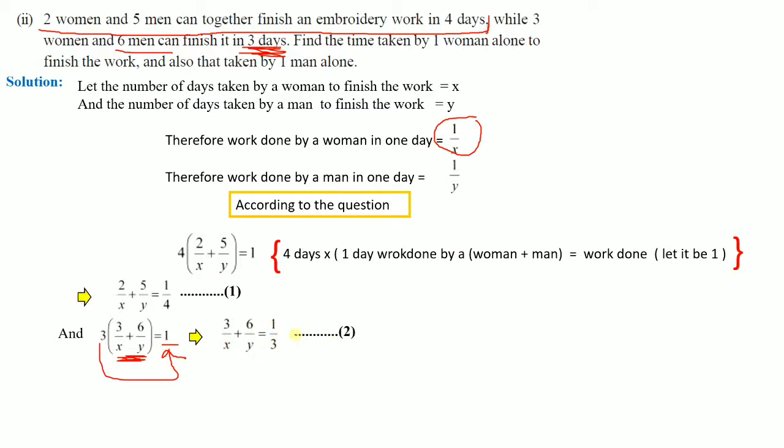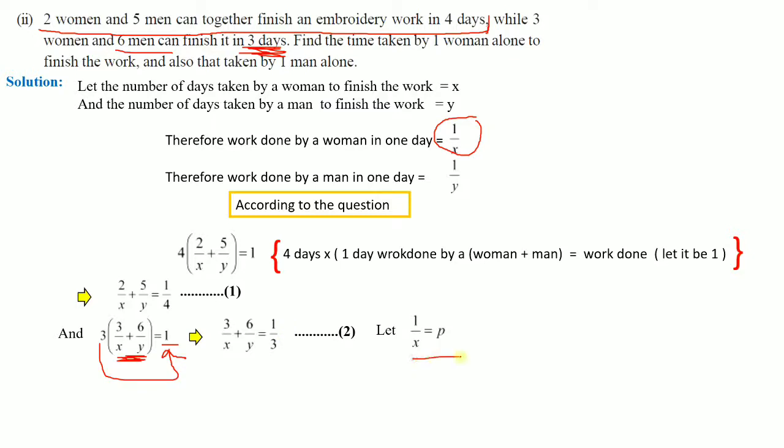This is equation number 2. Now in this exercise we have learned how we can convert some of the equations which at first look do not seem to be linear equations. Later we converted those variables into some other variables, and then we solved them. Actually here the variables are in the denominator.